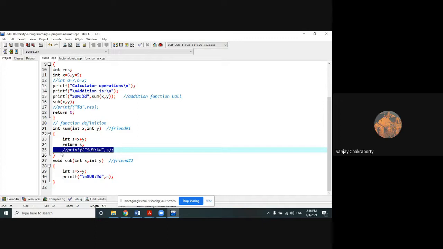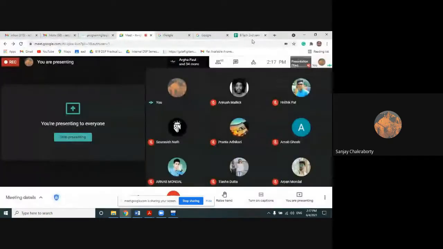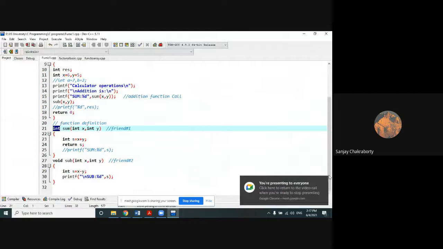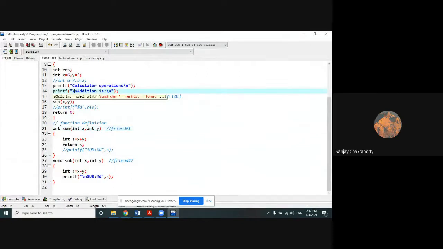Why can I not print there? Because I am not using this function as a void function. I am using this function as a return function. That means the function summation will return something, some kind of integer value. And that value will be returned to where? That value will be returned to the main function. So the printf statement, or the output statement, is always placed in the main function along with this return type function.